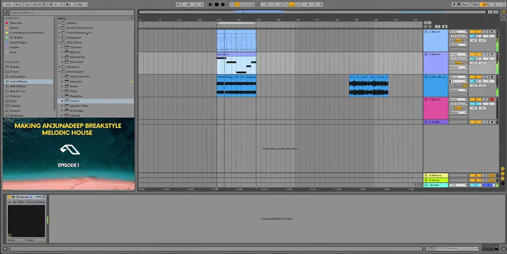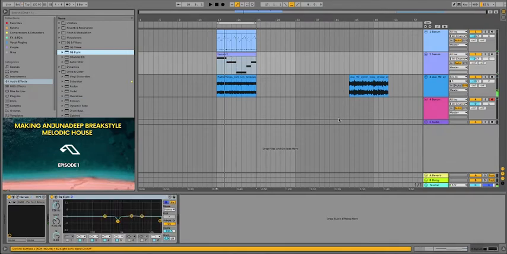Better. So you guys, it's all about the sound selection. Sometimes you have to listen to it in the context of things, and if it sounds crap with everything else, then it probably tells you it's not the right sound to be using. Let's EQ this bass out a little bit. It's got a lot of low rumble there as well.